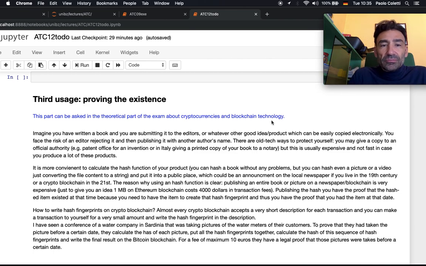It contains strange characters, but everything can be converted to a string, and you can hash it. So you can hash basically everything on a computer system. Once you have hashed it, you can put it in a place in which it's sure that it existed at that time. How? Well, if you live in the 19th century or in the 20th century, you can, for example,